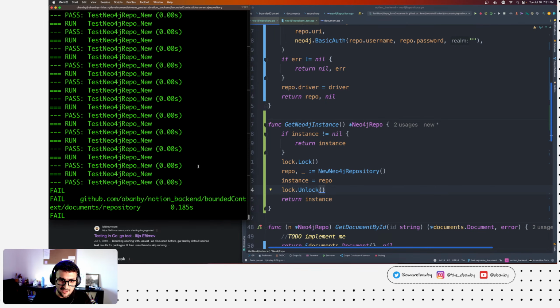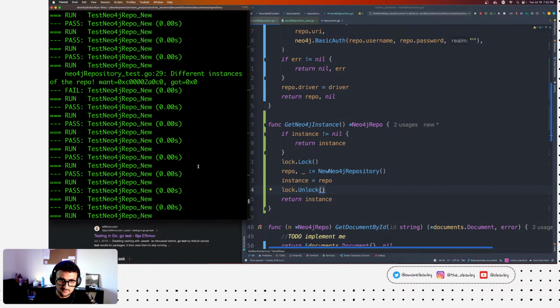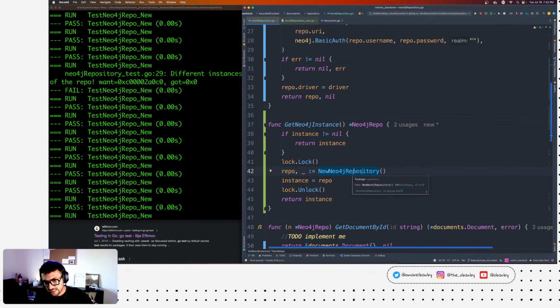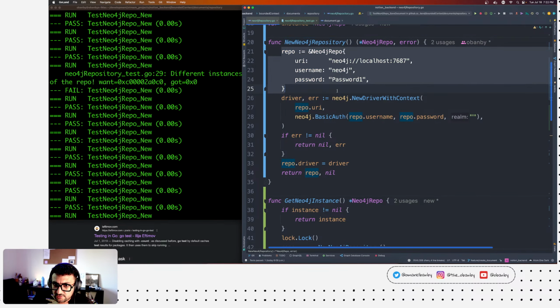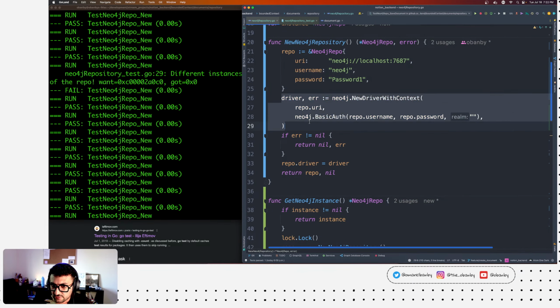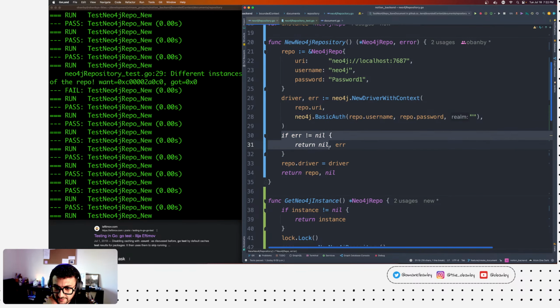Did you see what just happened, right? One ran successfully, the second wasn't. Let's debug the code. Great. We create a repository, we create a driver. If error is not nil, we return nil, then we return the error.